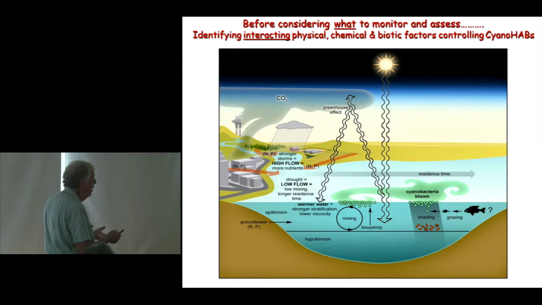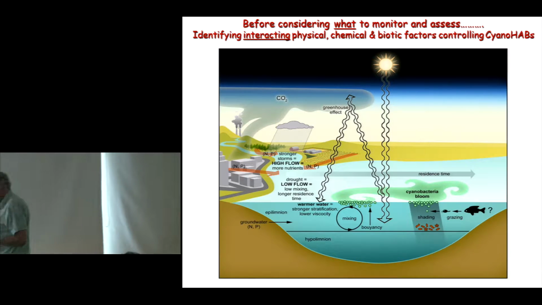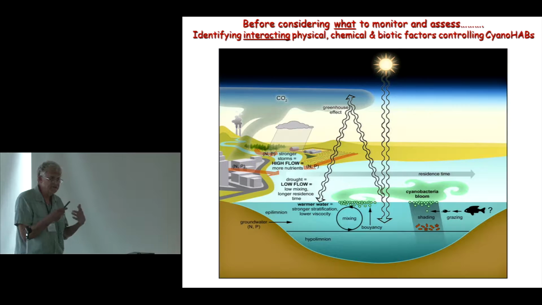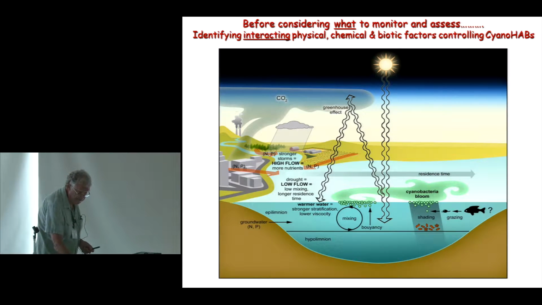And then lastly, food web issues. These organisms are not readily eaten by zooplankton that then get eaten by fish. So there are impediments here to using the food that's actually produced by cyanobacteria up the food chain. And as a result, the carbon and nitrogen and phosphorus that's produced by these organisms recycles in the lake. It doesn't really go anywhere because the fish that are caught are not eating these cyanobacteria, they're eating other organisms in the food web. So there are all these interactive factors that can lead to enhancement of cyanobacterial blooms.